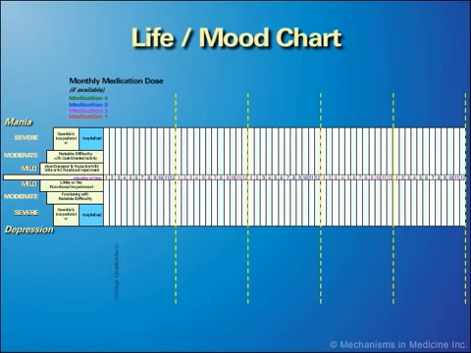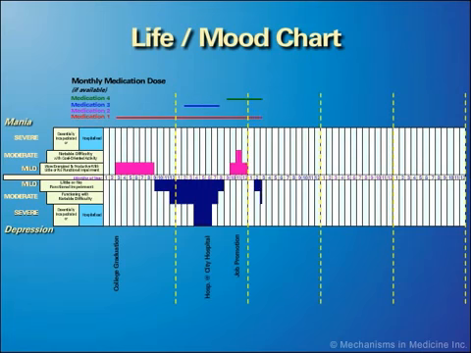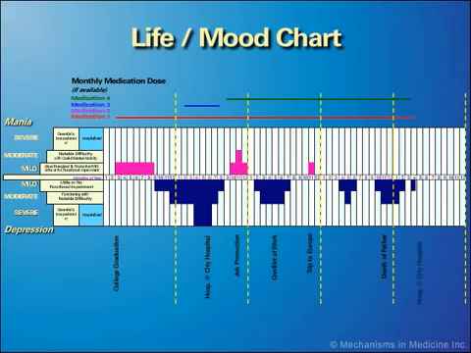Depicted here is a life chart or mood chart, which follows the patient's lifetime history of mood episodes. This permits the identification of mood episodes that are the most prevalent and important to prevent. In this patient, as with many patients with bipolar disorder, depressive episodes become the more prominent aspect of the illness